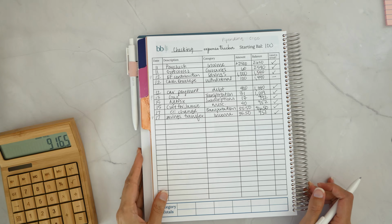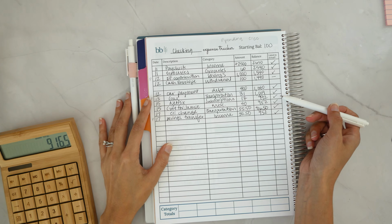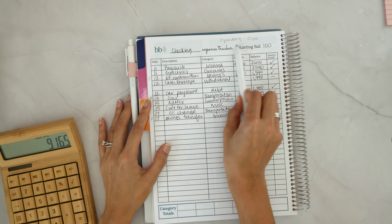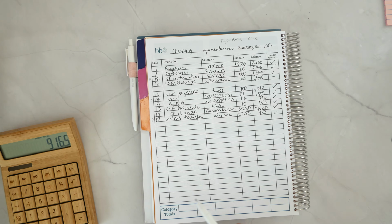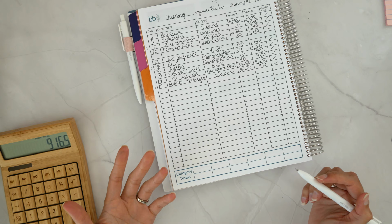So those are all different types of things that I've shown you: how to show a cash envelope withdrawal, how to show a savings transfer, pending transactions, and a credit card payment that still needs to be paid off because I swiped a credit card. That could be a C. Giving yourself a little legend up here to help you understand what symbols or colors you're using is going to be important. The last thing I'll note before I close out here with the budget upkeep video is